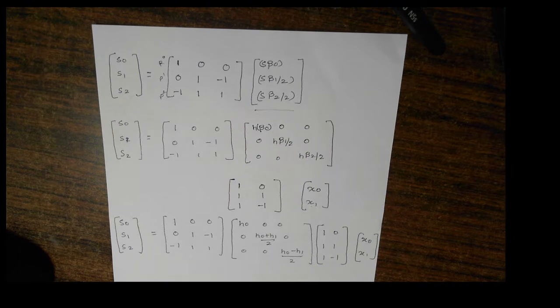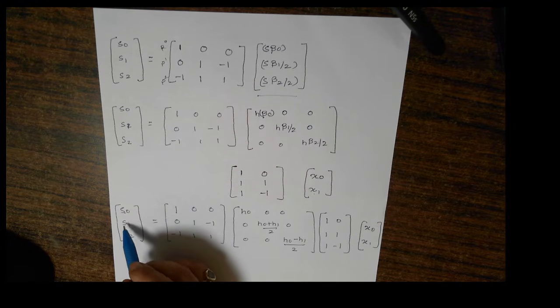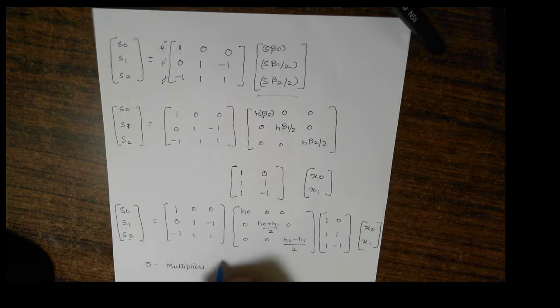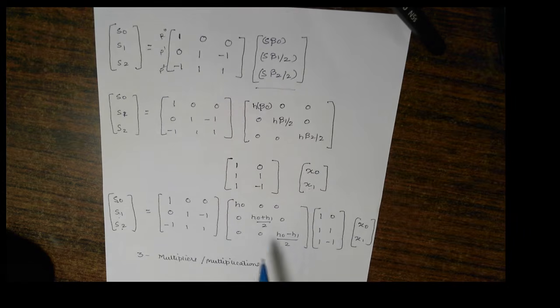Out of this matrix, we need to find out how many adders and multipliers are required. I'll give you a shortcut. Always remember how many outputs are there. There are 3 terms in the output, so we'll require 3 multipliers. The reason for using 3 multiplications is that we need to multiply 3 times: h beta 0 by x beta 0, this is the first time, h beta 1 by x beta 1, this is the second time, h beta 2 and x beta 2, that is the third time.